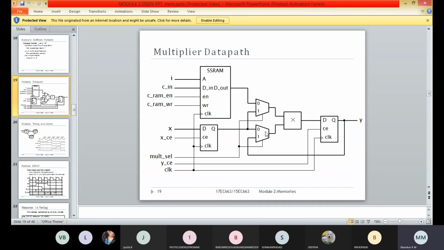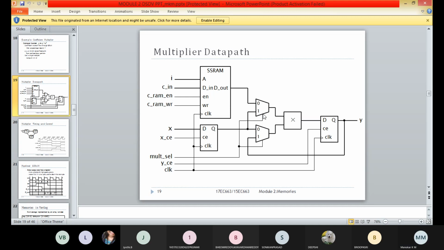When you make the select line 1, the output of this register, that is Ci into X, will be multiplied again with X. We are going to multiply X again with this multiplier.